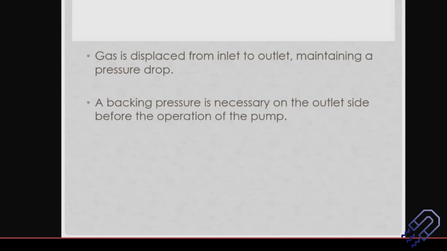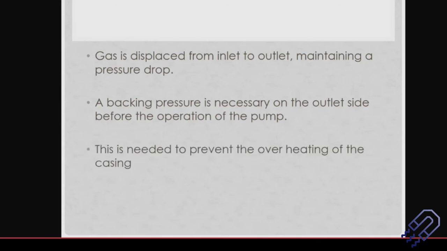So basically we can use a rotary pump connected to this. A rotary pump can be connected on the outlet with the roots pump. This is needed to prevent overheating of the casing. As soon as some air is there and you are throwing it out to the outlet, overheating will definitely be avoided, because the pressure keeps on dropping inside the roots pump also. So this overheating will be avoided, as a result of which this device can work for a longer time. Okay, what happens if there is overheating?